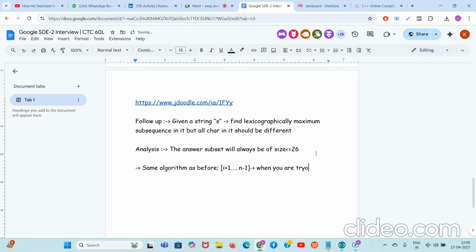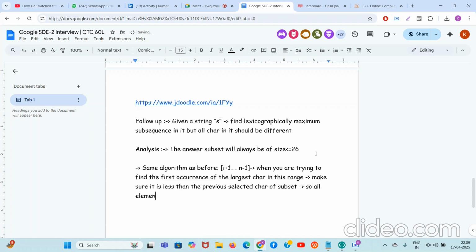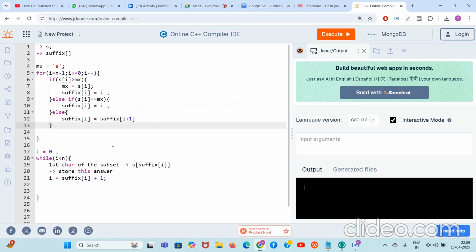When you are trying to find the first occurrence of the largest character in this range, make sure it is less than the previous selected character. So all elements of the subset are distinct. In this code, you don't have to do anything. Like this time, you don't need a suffix. You just traverse the whole array 26 times because